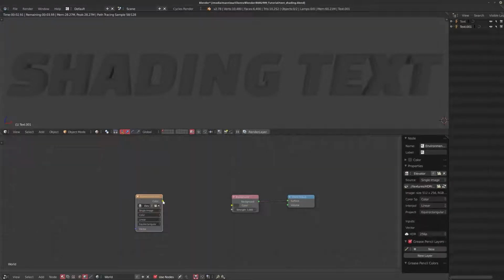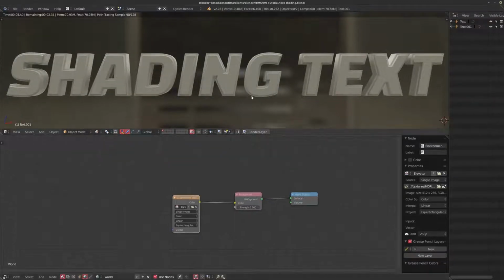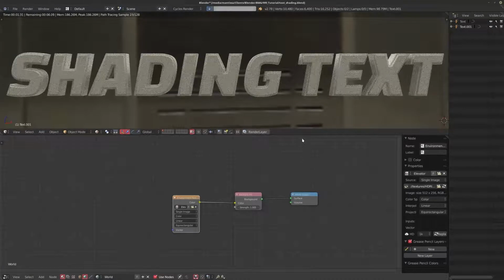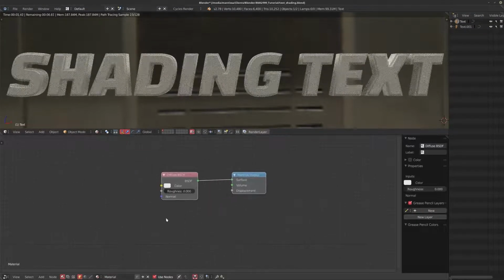Put it in. Now obviously, again, you could do this with any HDR that you find. It doesn't really make much of a difference, but I'm going to leave the background on here so you can see exactly what's going on. Bring in a slightly higher resolution version so it's a little bit clearer, and now we have the text itself. I'm going to switch over to material mode here, select the outside text first, make a new shader, and start working away.